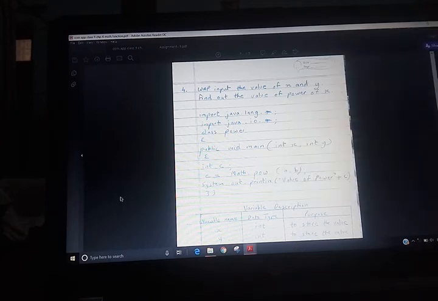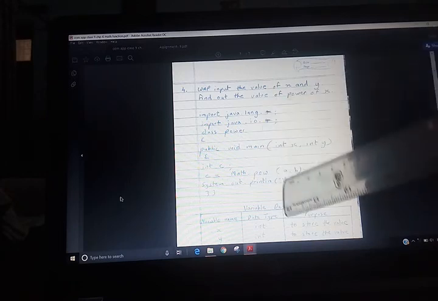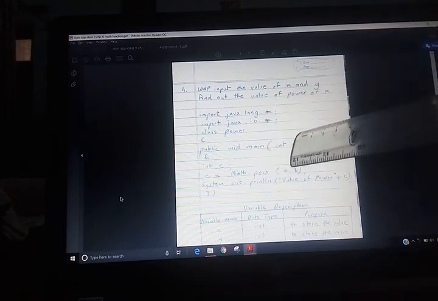Always write it with each program's VD, because there are 5 marks for VD, 5 marks for logic, and 5 marks for your comments. So how many variables are used here? A and B. Separately you will write them.